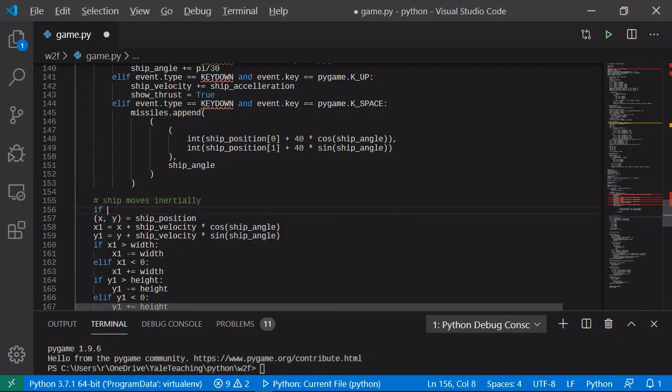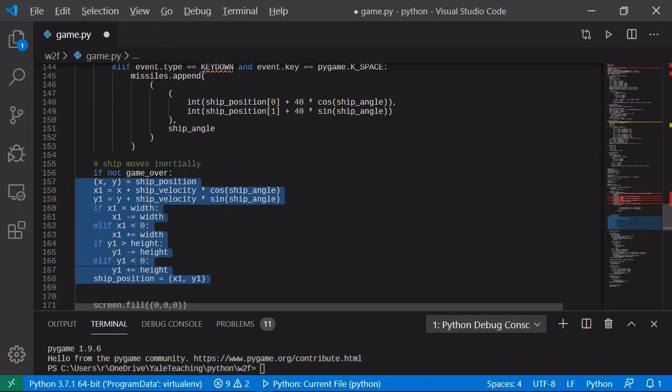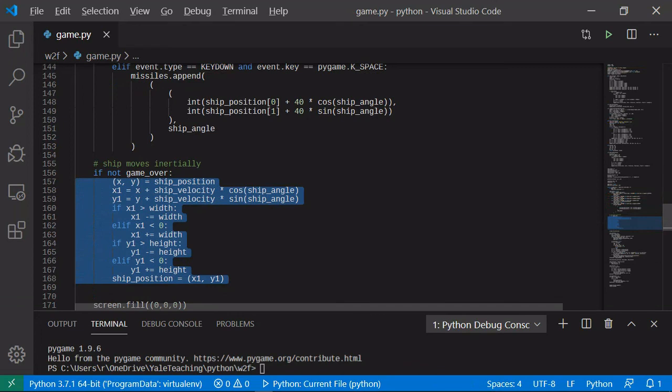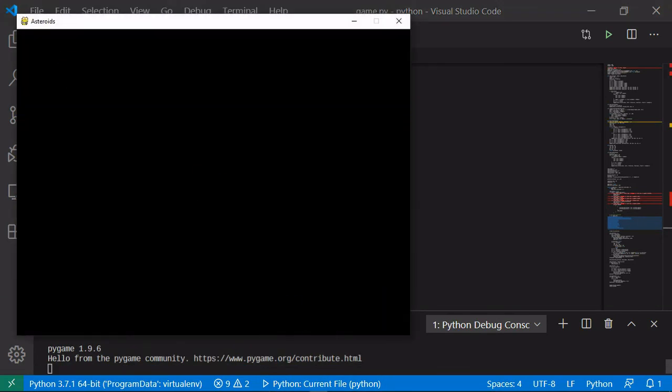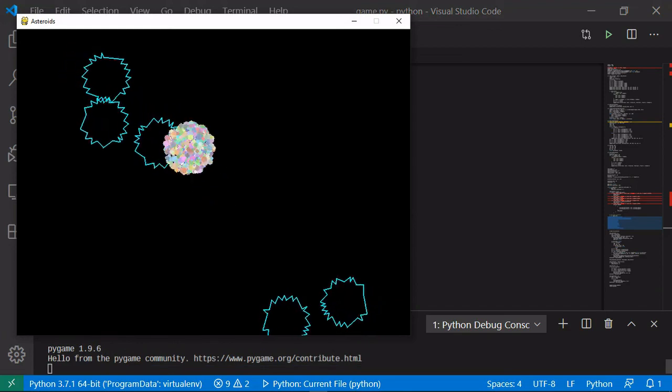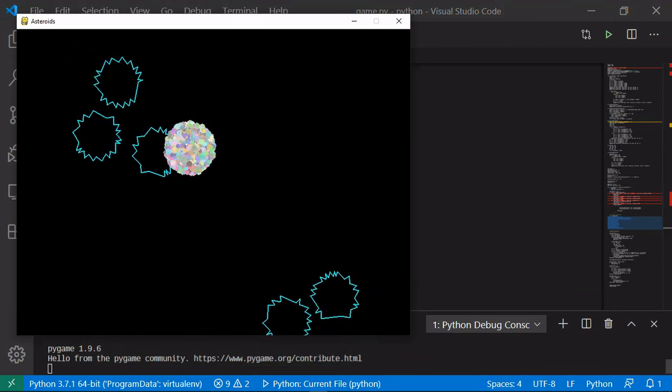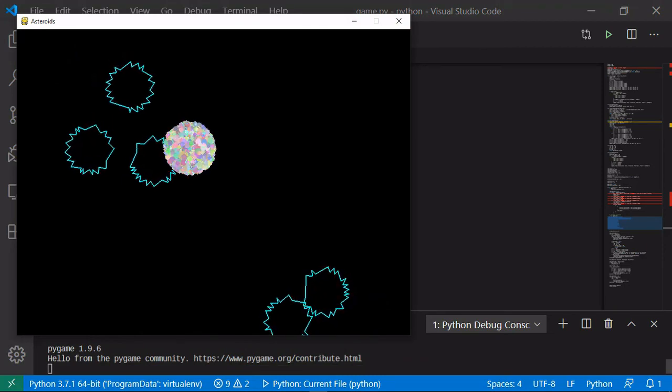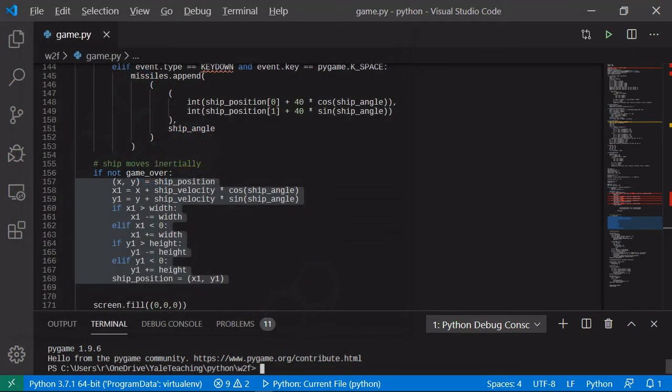So we're going to say if not game over, right? So if it's not game over, then we move the ship. Otherwise, we do not move the ship. So this will make it okay, right? So the ship does not move anymore,